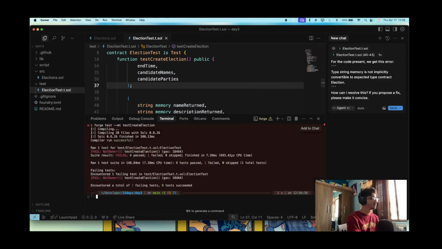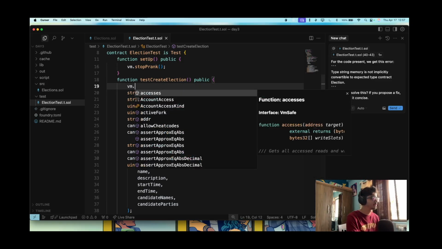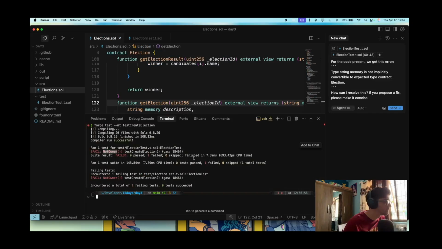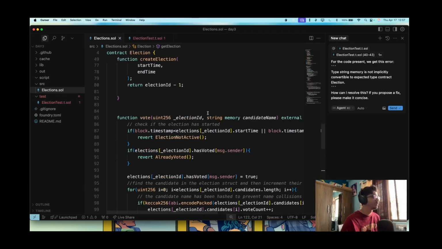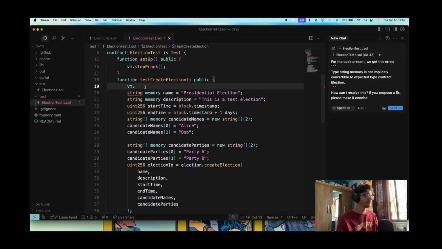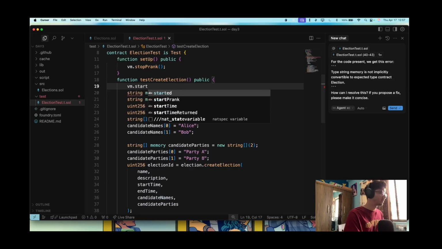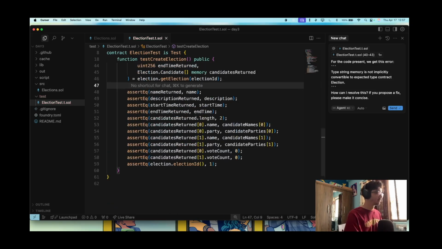Boom. And it is failing because what's happening is we are not the owner of this function. So we have to vm dot, oh, there is something that happened here that we wanted to happen. So create election can only be called by owner. So this is where we see that this is an only-owner function, and the modifier is right in the action, right? So vm dot start prank owner, and we'll stop it here. vm dot stop prank